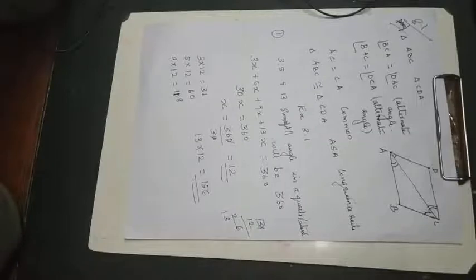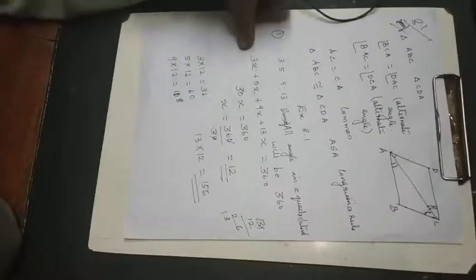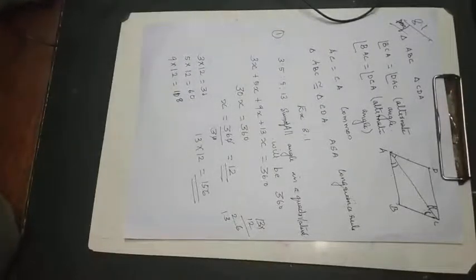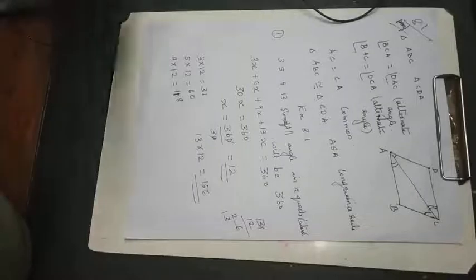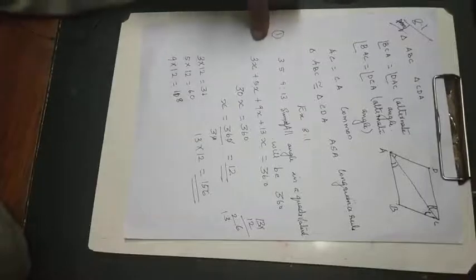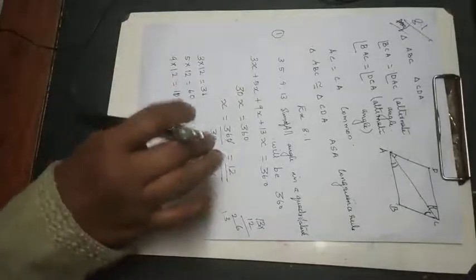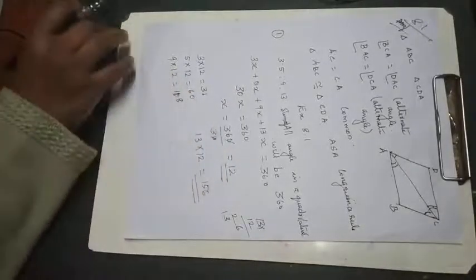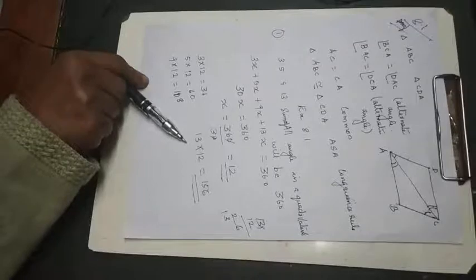Now this type of question can come as a 2-mark question and a 1-mark question also. If 3 angles are given, you are asked to find the fourth angle of a quadrilateral. That can be a 1-mark question. We have solved such questions in 8th standard also. So the properties we have learned, and problems related to them, can come in the exams. Here it is given as a ratio, that's why we calculated it this way.